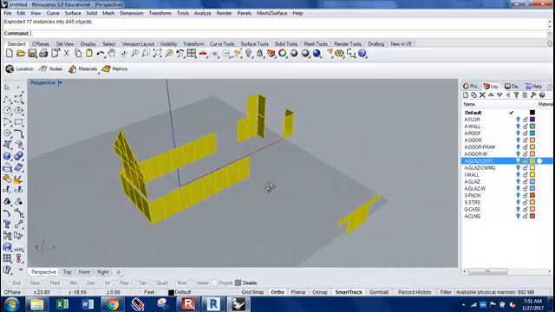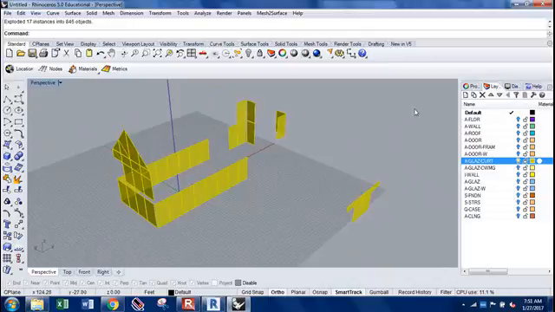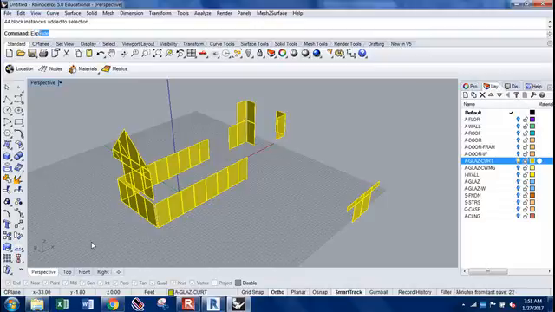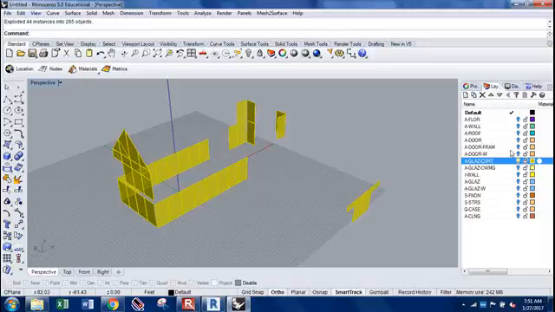They're already separated themselves, but again they come in as block references, so I need to go ahead, select all those, and explode those. And then finally,